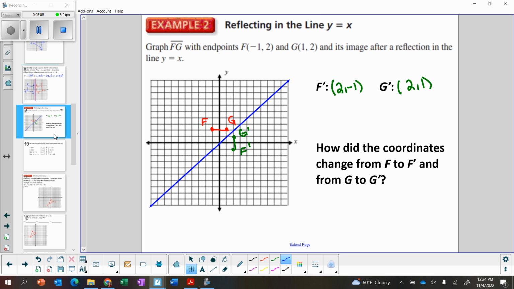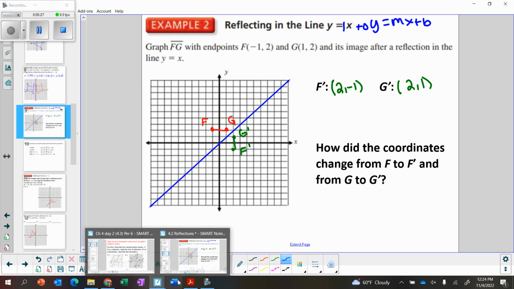So the next thing we're going to look at is reflecting in the line y equals x. The line y equals x is a diagonal line, and it has a slope of 1, right? This is in y equals mx plus b form, so m is 1 and b is 0, which means it goes through 0, 0 and has a slope of